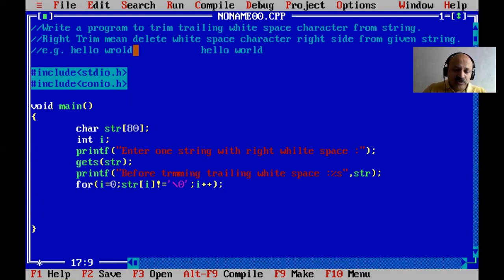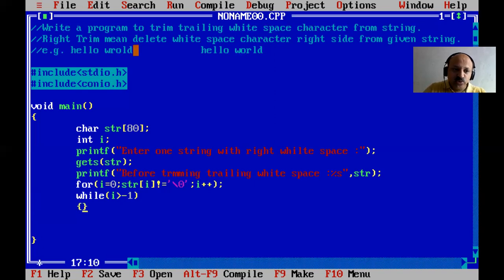And now what to do? Now we can start i, that is perfectly fine, and not equal to null, that we can consider. Let us take our logic now: a while loop, and then we can take i directly. So i greater than -1. That counts our original length. You can also print that i value, so you can get the length of the string.